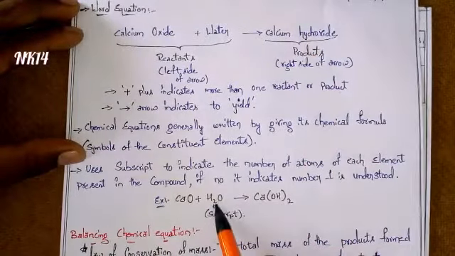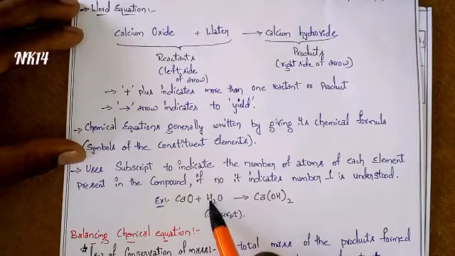This is the subscript. The subscript indicates how many atoms of an element are present. So here, see H2O: the 2 is taken for the hydrogen. So 2 atoms of hydrogen are present in water. This is the case; it explains.